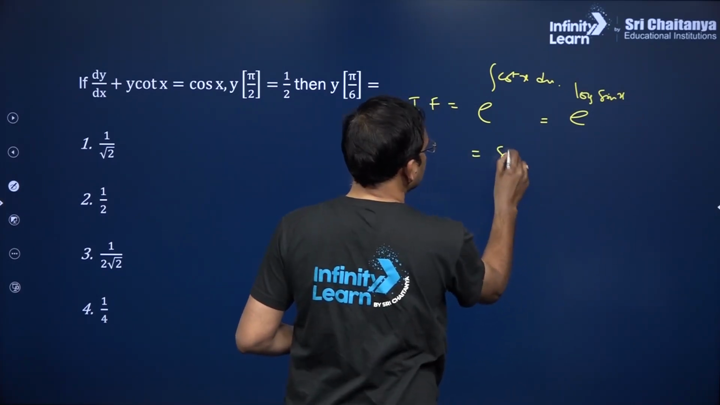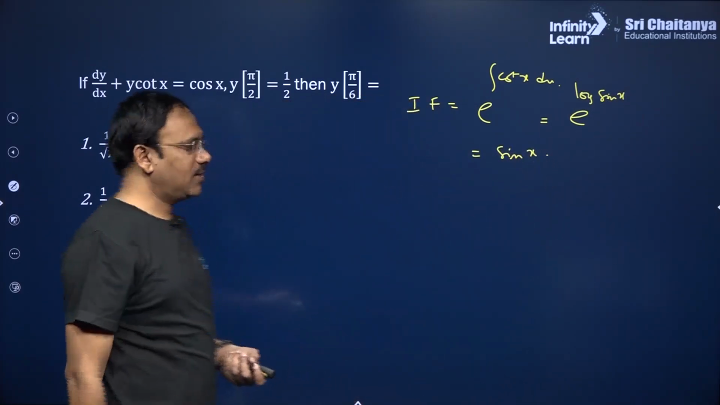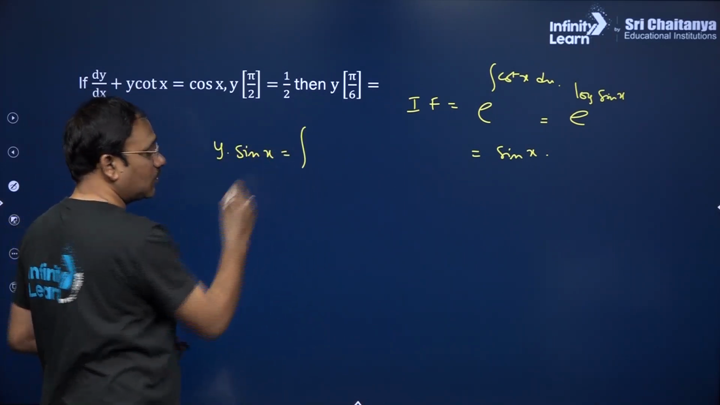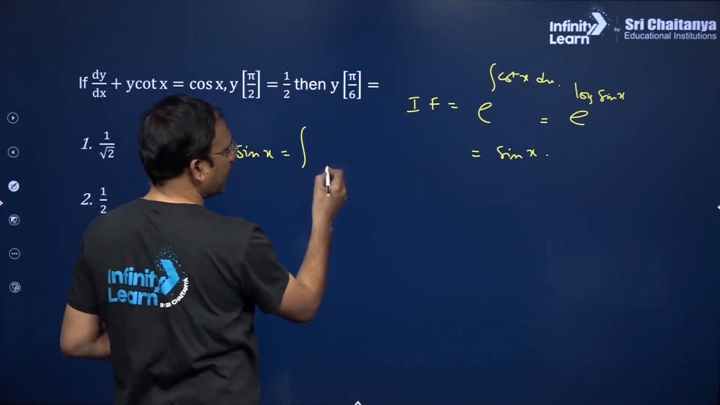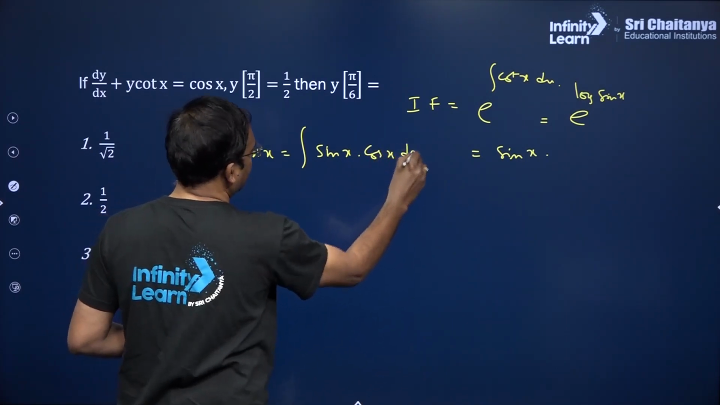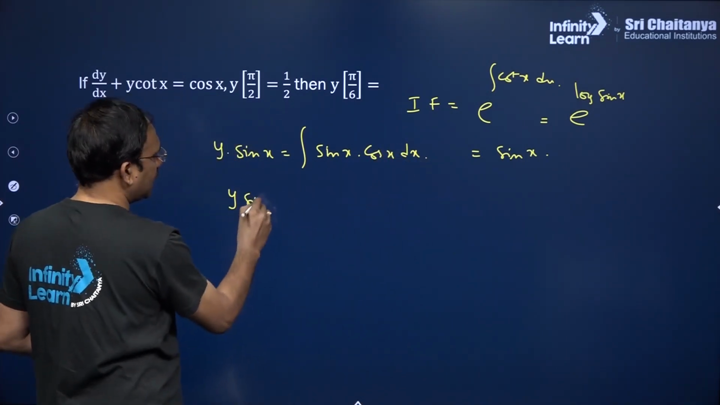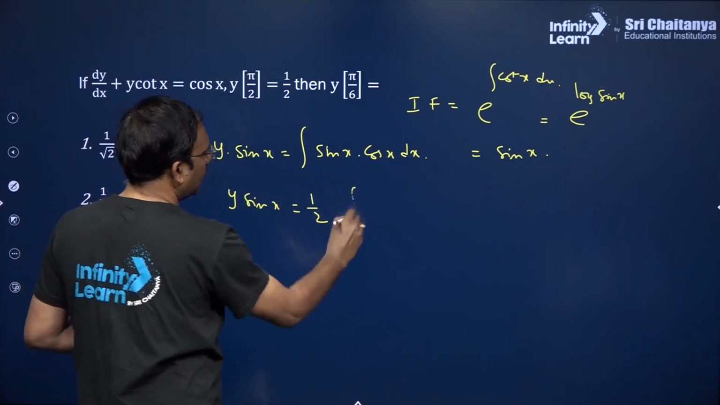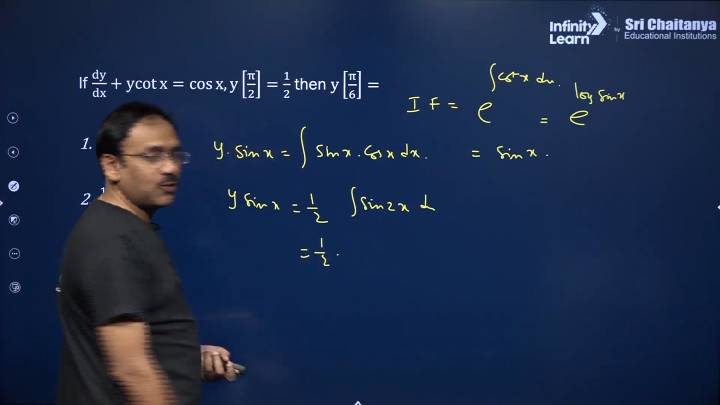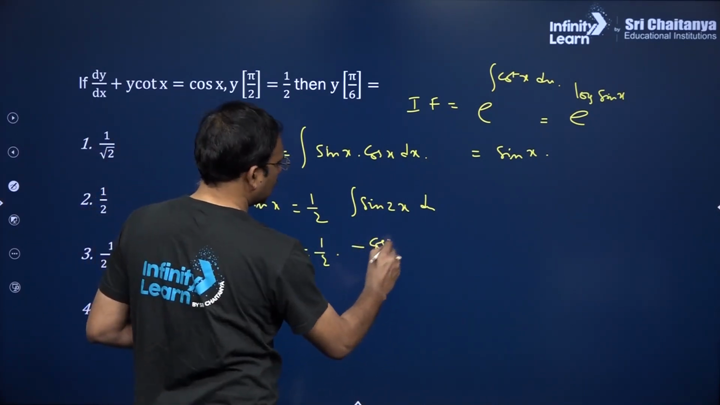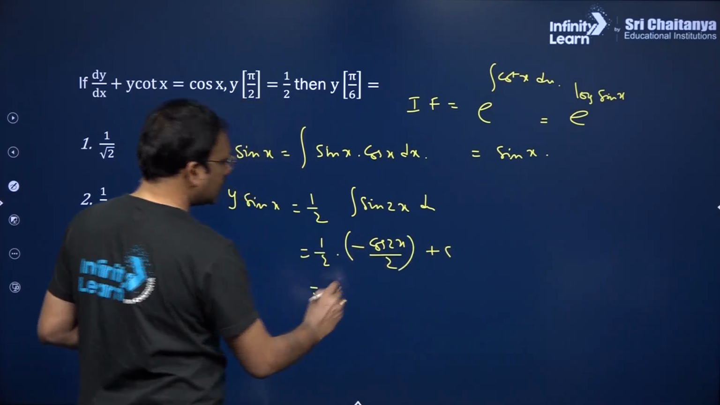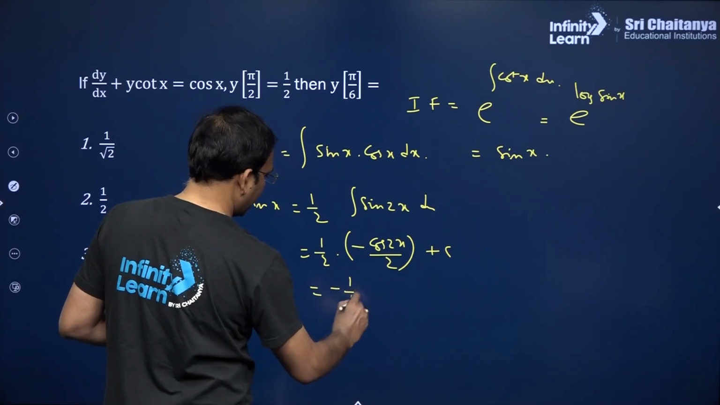So sin x is the integrating factor, my dear friends. So the general solution is y times the integrating factor is equal to the integral of the integrating factor sin x times Q of x, which is cos x, dx. So y sin x is equal to half integral sin 2x dx, which is half times the integral of sin 2x, which is minus cos 2x by 2 plus c, my dear friends, which I can say is minus 1 by 4